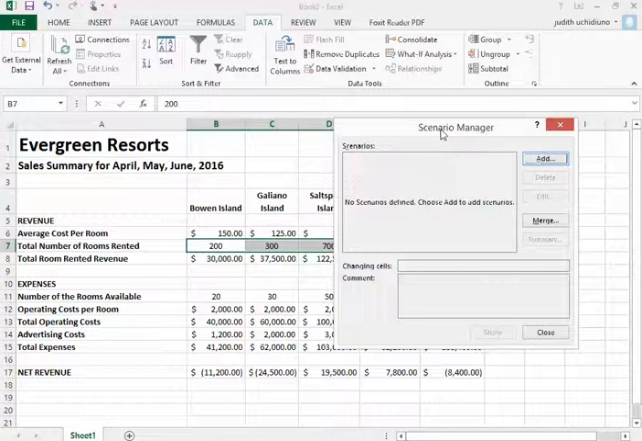If you have a really small spreadsheet, chances are you remember the original numbers, but if you have a giant spreadsheet where you're doing some major forecasting, you won't remember. All right? So, scenario manager,